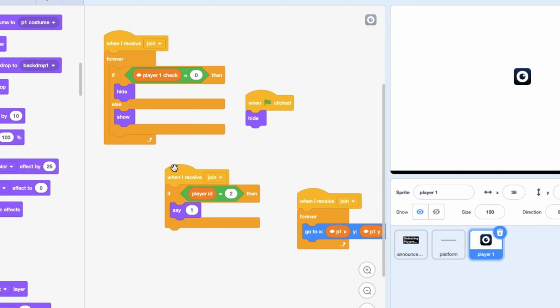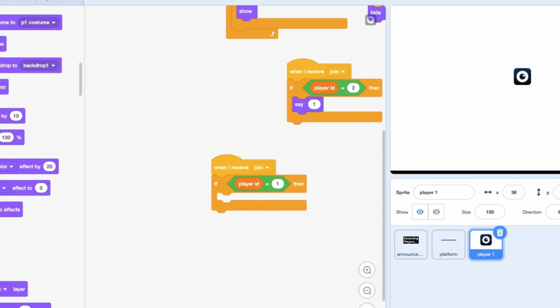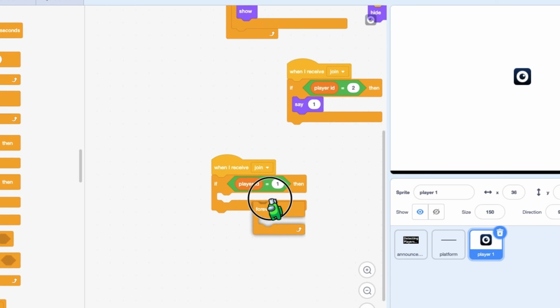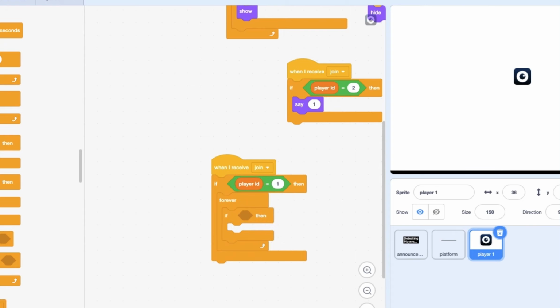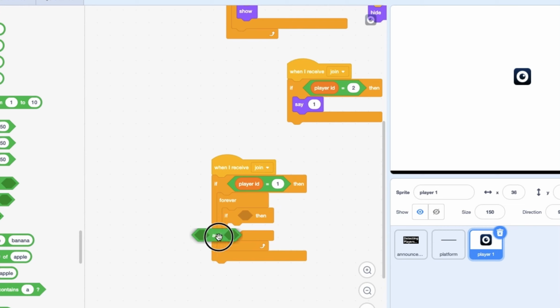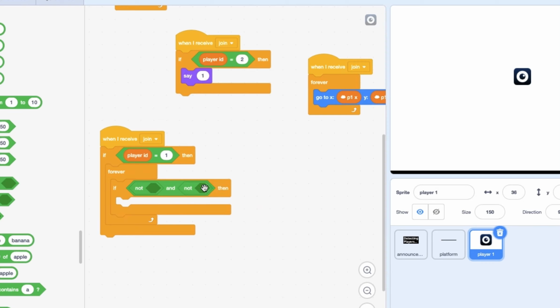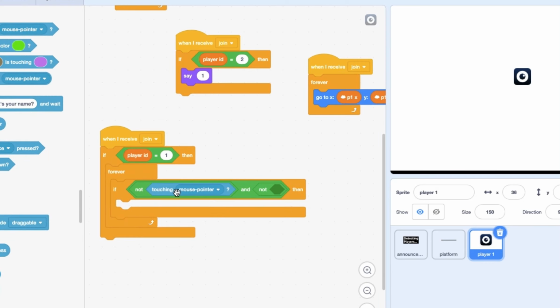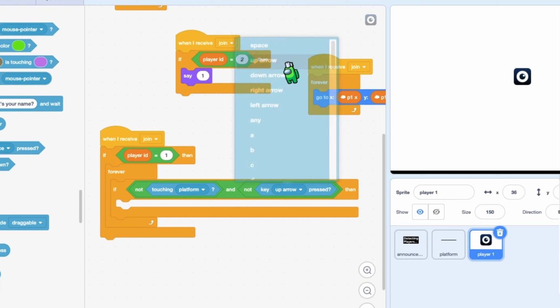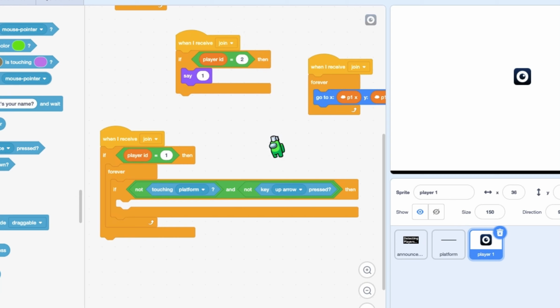Now, when I receive join, I can actually duplicate this. I'll change this to 1. If player ID equals 1, forever, if, I need an and, 2 nots on each and, if not touching platform, and not key up arrow pressed. Then, if we're not touching the platforms and we're not jumping, then we're going to be